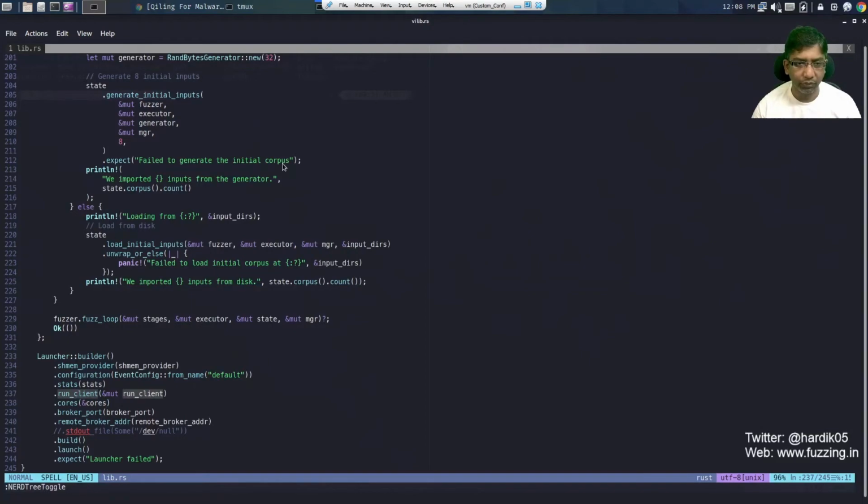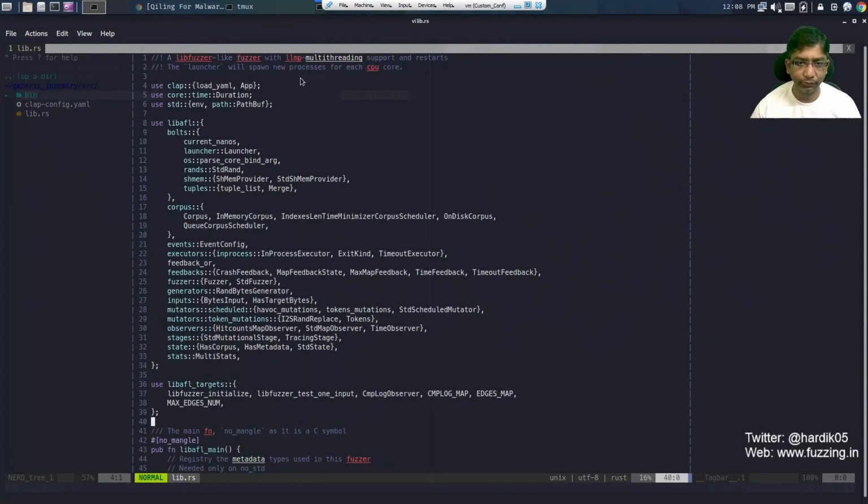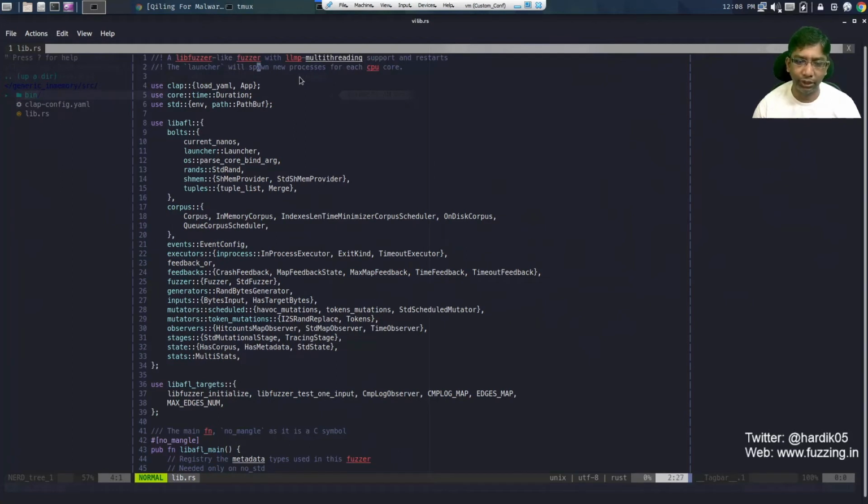And now if you go ahead and see the code of lib.rs, these things are standard. As you can see, it is using clap, so it is using load_yaml. Basically what this fuzzer is doing is that it is using a yml file which has all the specific options like input directory, output directory, the number of CPUs, dictionary, token file path, and all. So we can specify various options to this fuzzer, and this is a good thing. You can actually port this to the previous fuzzer as well if you want. That will make it kind of generic.